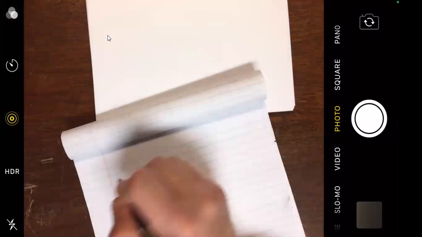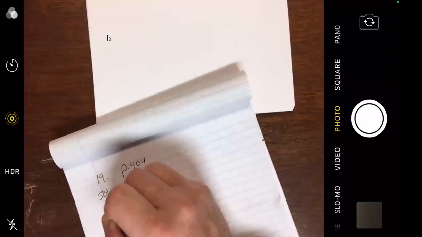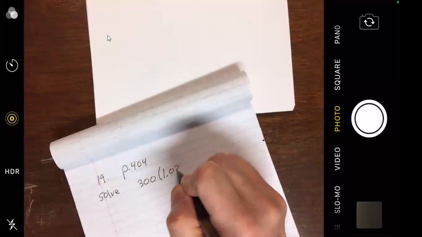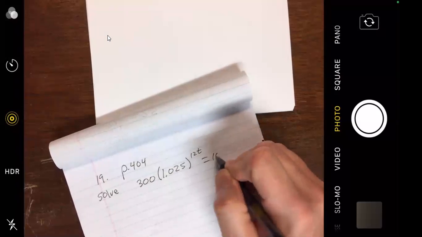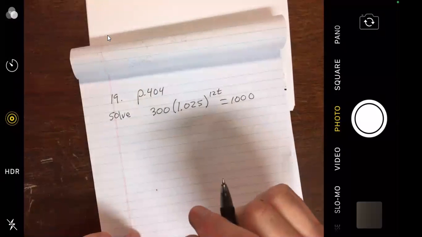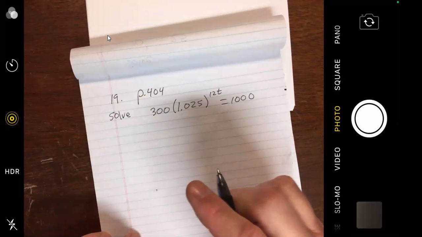All right, why don't we go further down the page? Why don't we try something with more steps? 19, page 404. Solve 300 times 1.025 to the 12t is equal to 1,000. Got a strange base here. All right, so I want to divide by 300,